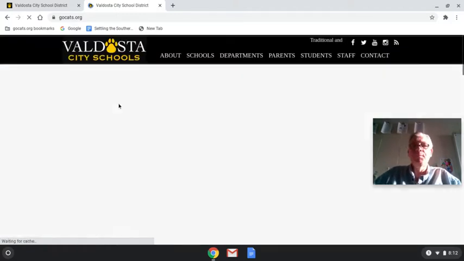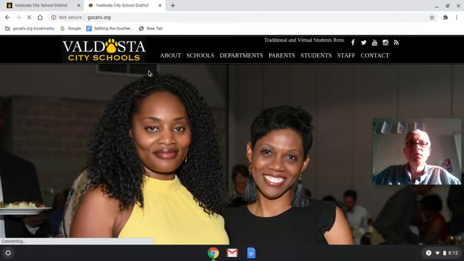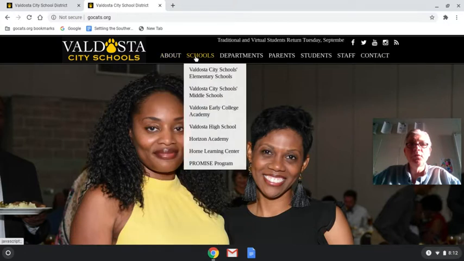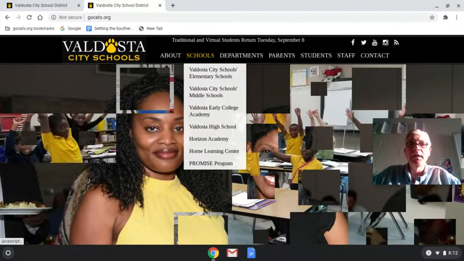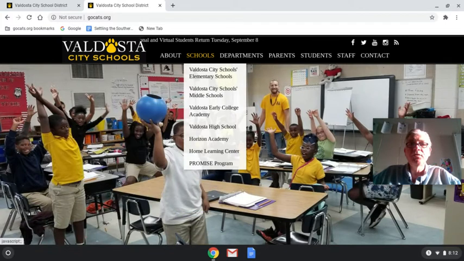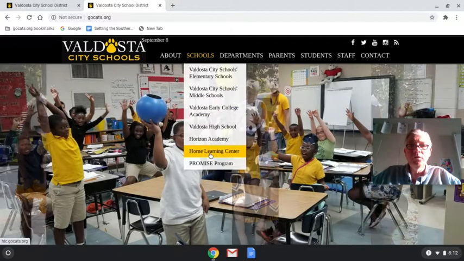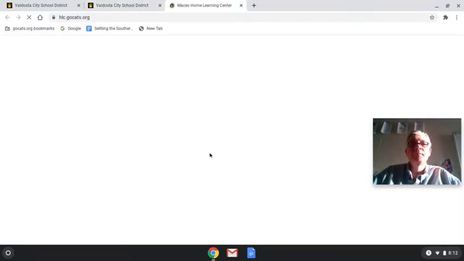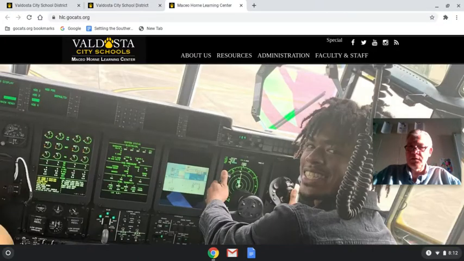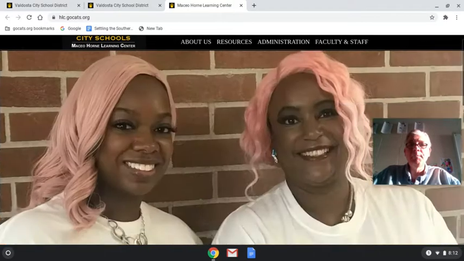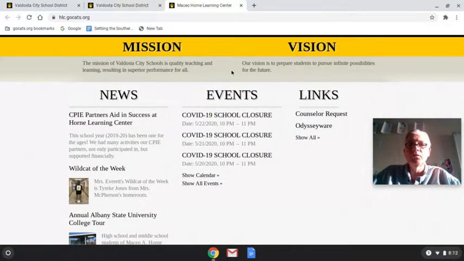This is the home page for Valdosta City Schools. If you look at the tabs up top, you'll see one that says Schools. Go ahead and put your mouse over Schools, and a drop-down box will appear, and go to the Horn Learning Center. This is the Horn Learning Center webpage. Stay on that page and scroll all the way down to the bottom, and you'll see the word links. Look under links, and you'll see Odysseyware. Click on Odysseyware,